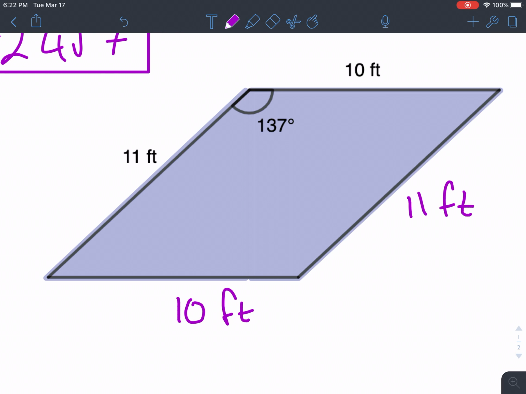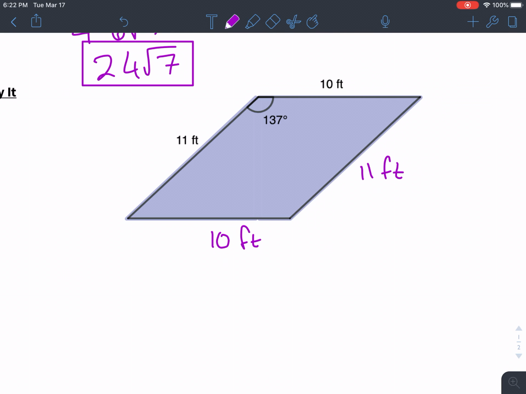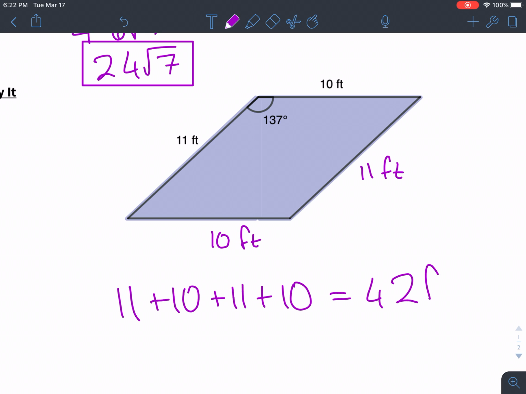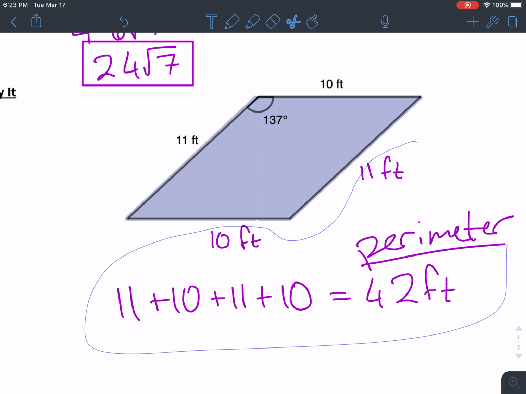And if we wanted to find the perimeter, we could easily do so. That would be 11 plus 10 plus 11 plus 10, 22 plus 20, 42. Quick maths. 42 feet for our perimeter. All right, but we don't want to talk about perimeter, we want to talk about area. How do you find the area of this